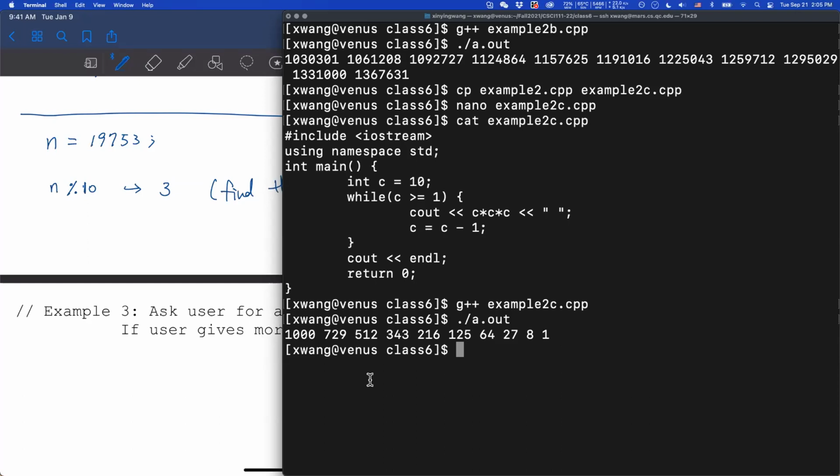Now, if you have n over 10, what does that give you? That gives you 1975, which drops the last digit.